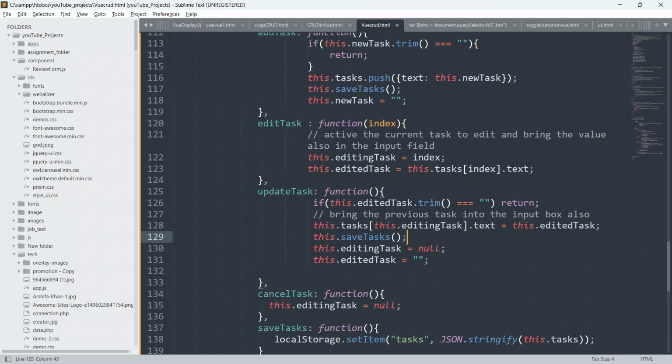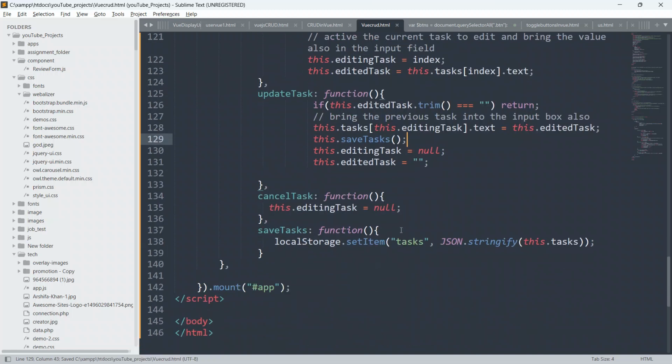So as you can see here, saveTask is defined here. It is saying localStorage.setItem, and we are setting with the key task, and this is the JSON.stringify. So guys, after editing, after updating, we have to update our local storage as well.